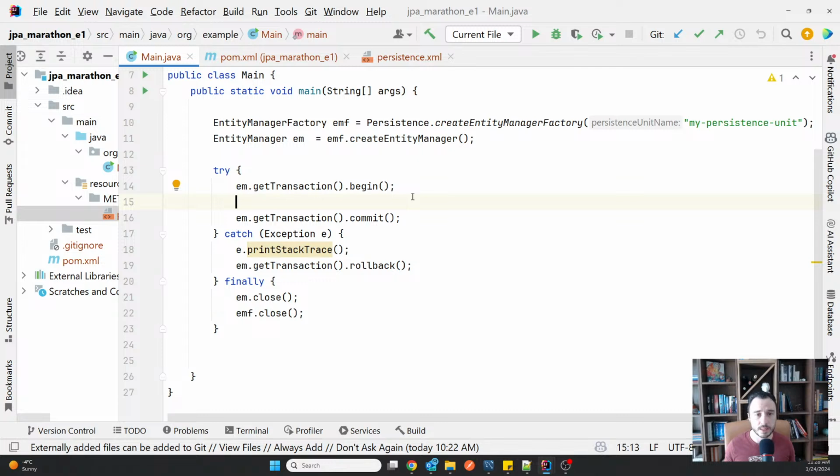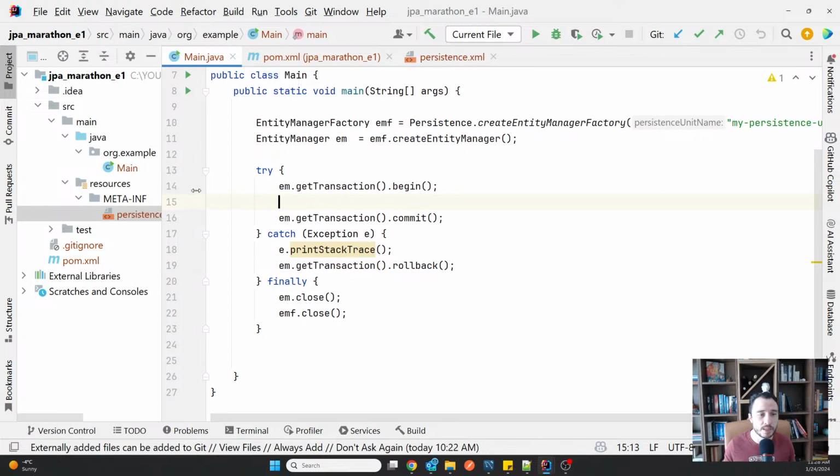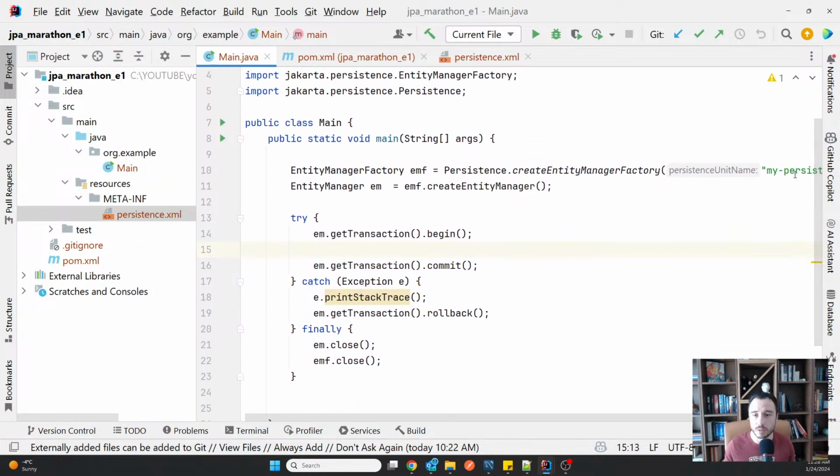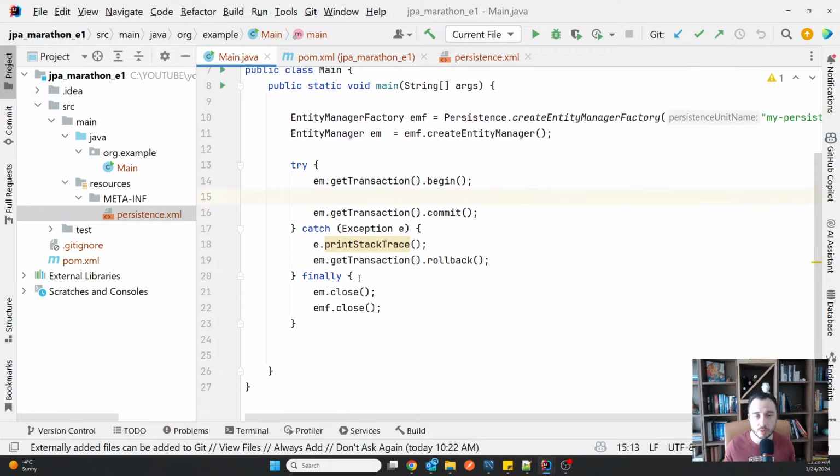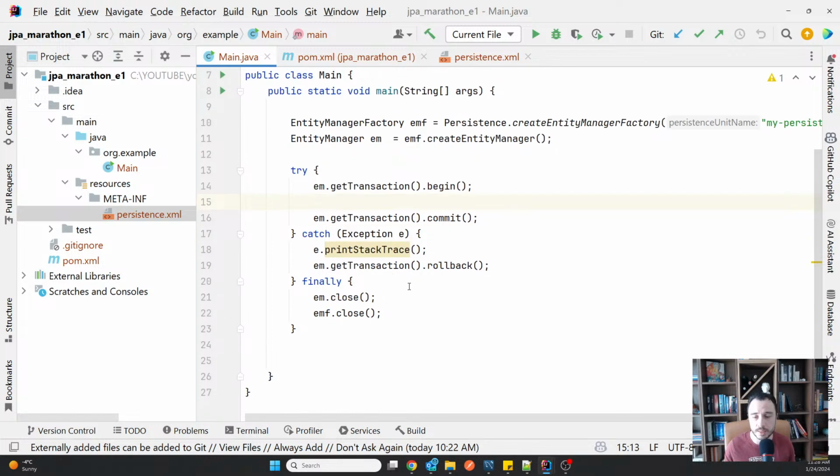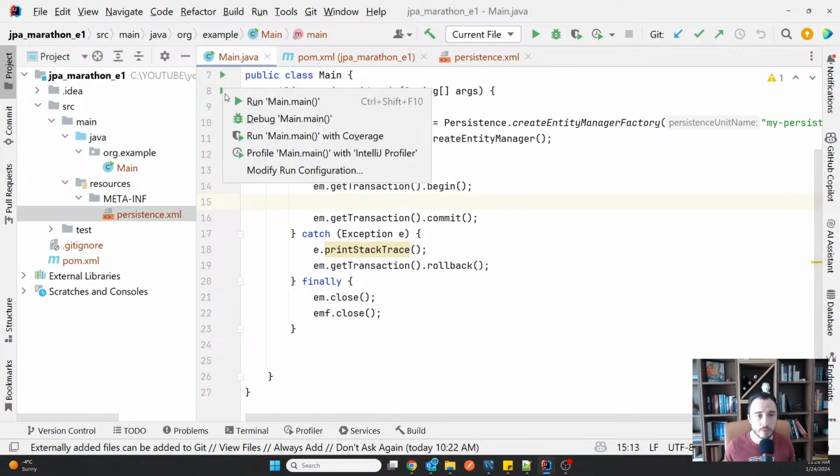So begin, commit, and then of course we need to do something. So what we made here is we connected to the database, we started a transaction, we committed or rolled it back, and we closed the objects that manage what we need. I can run it normally.